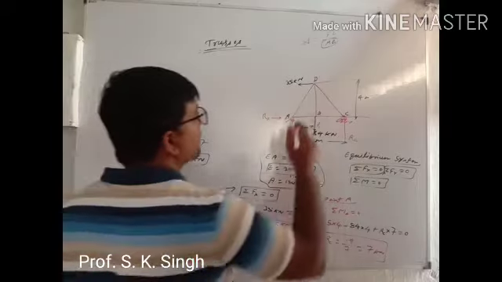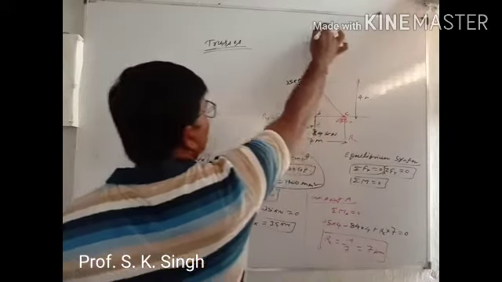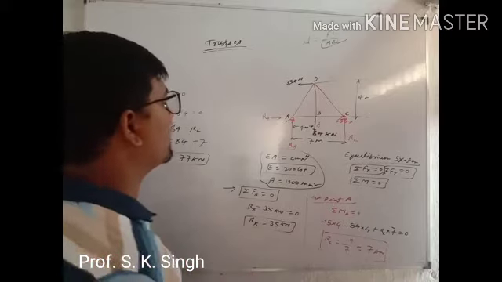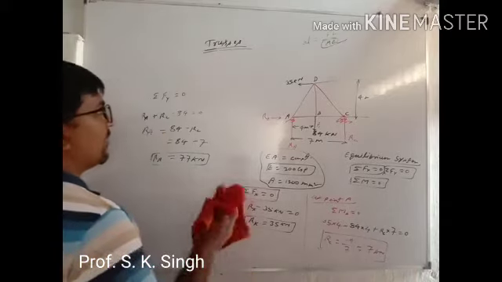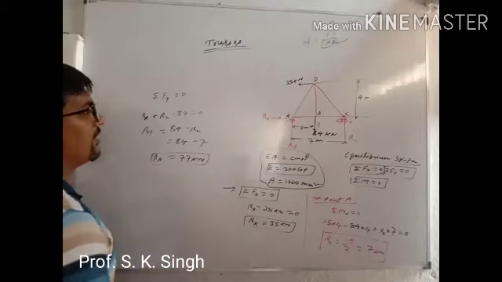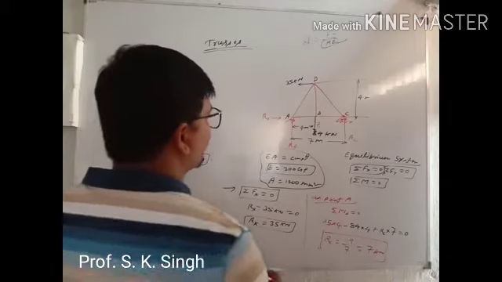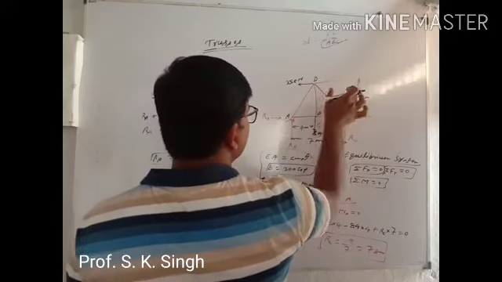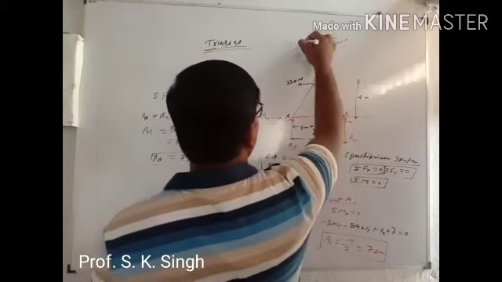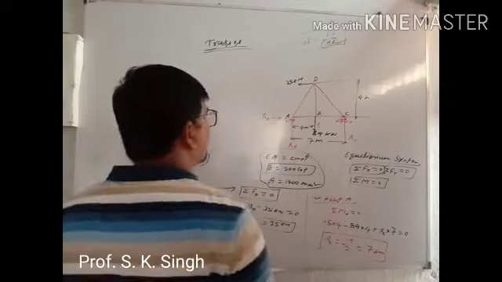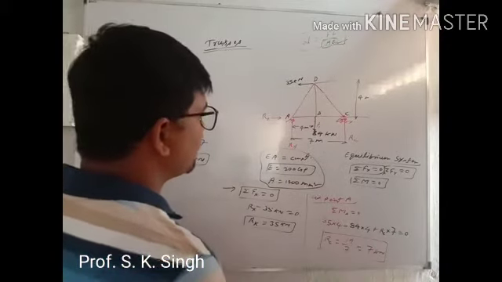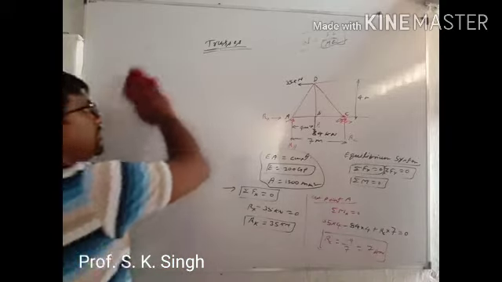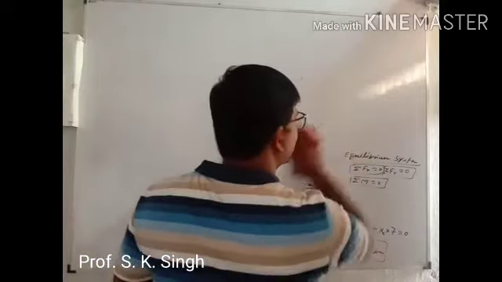AE is constant, so only FL will vary. So we'll go for FL. What is the force? What is the length? So each member, we will define the deflection for each member. See the length defined and go for the deflection for each member: A, B, B, C, C, D, like that you can go. So this is how you can define the truss.